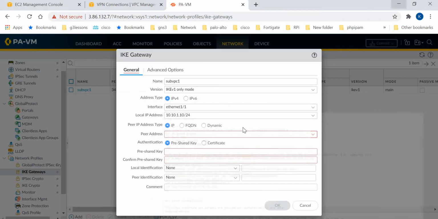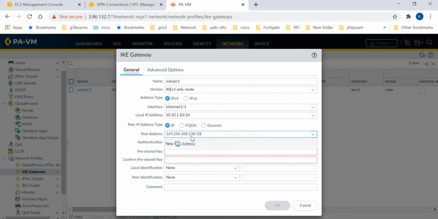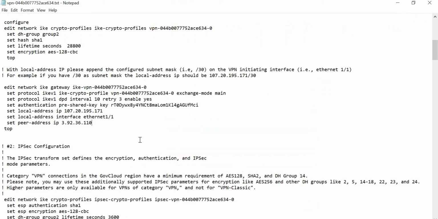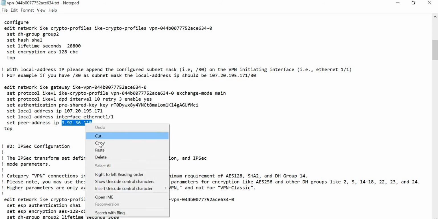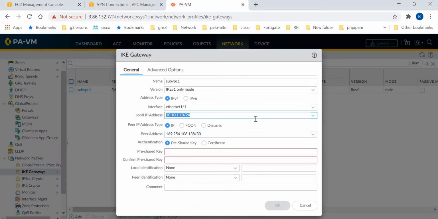Okay. Paste it here. Sorry, it's not copied. Copy this. Paste it here.